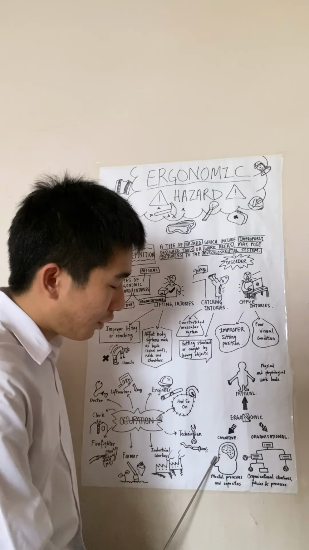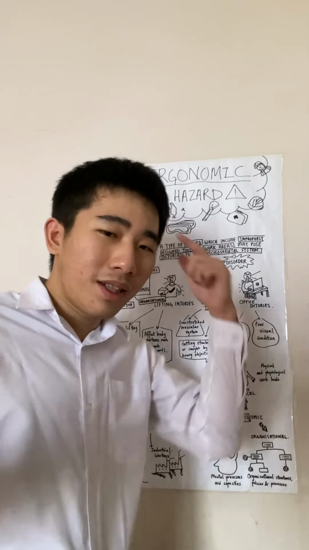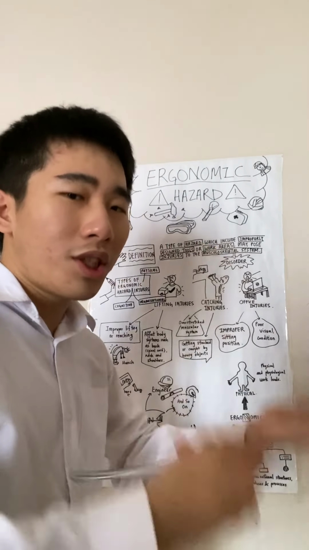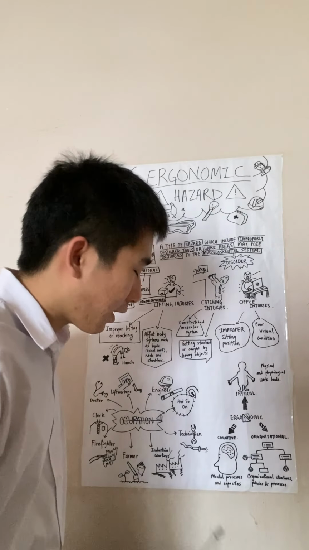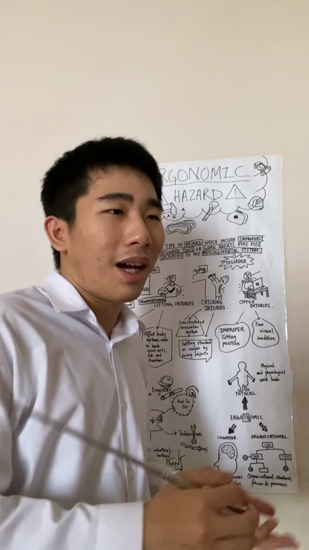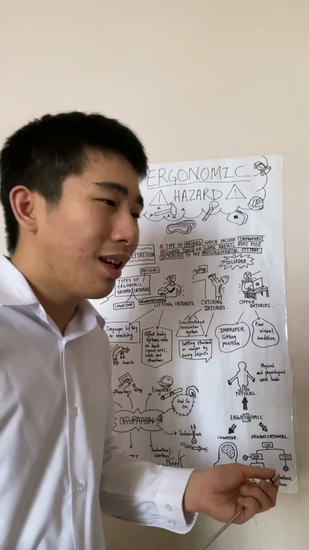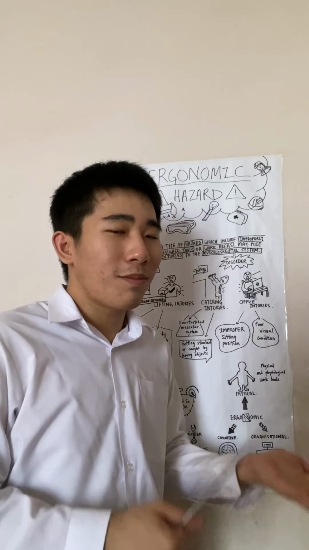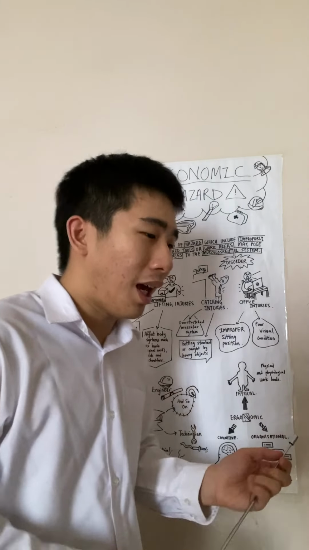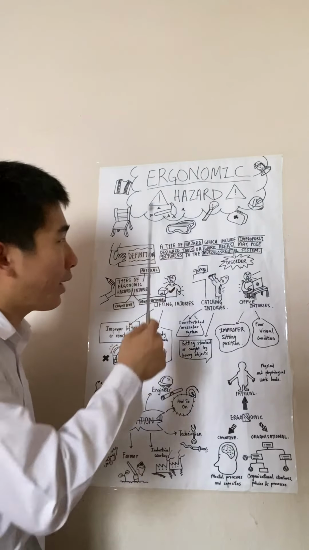Whereas the cognitive ergonomic hazard is another type, which involves our mental ability and also our visual condition, such as mental processes and capacities. For example, my boss wants to give me a job but I can't remember so much, and he keeps forcing me to remember and keeps scolding me, and I can't avoid it. So this is also considered a cognitive ergonomic hazard.